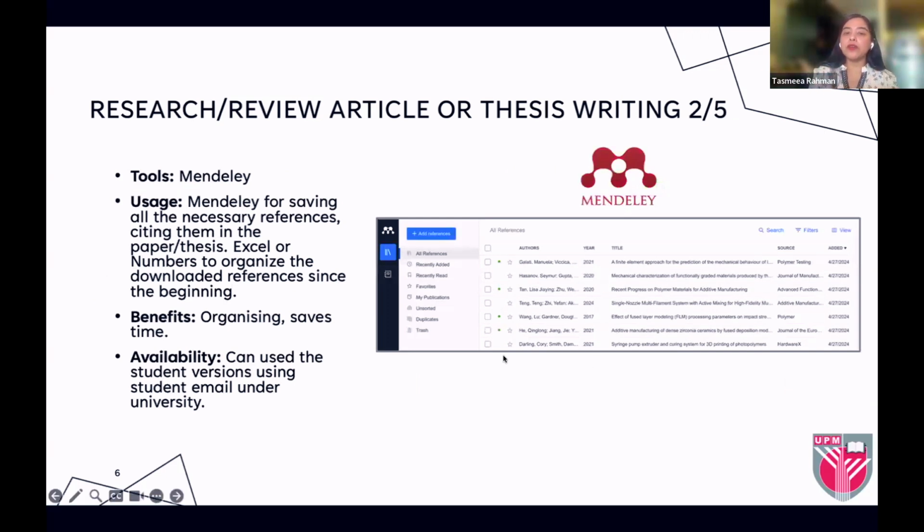and also as Ms. Noor mentioned, while you're saving your references in Mendeley or EndNote, what you have to do